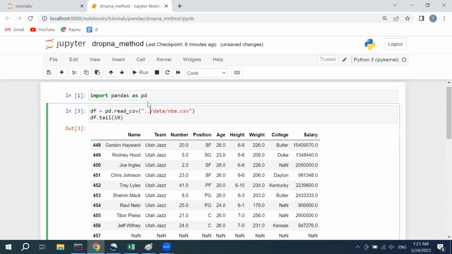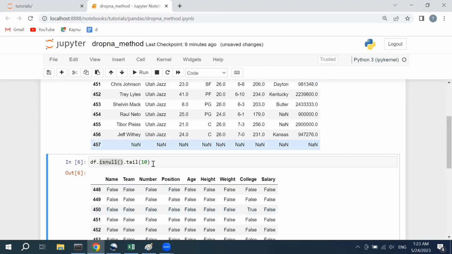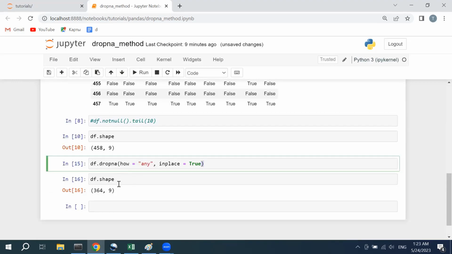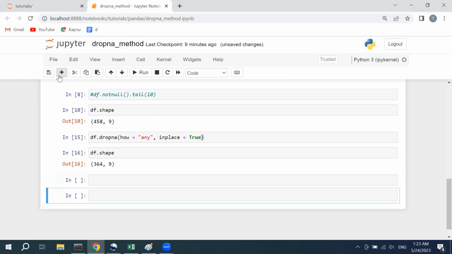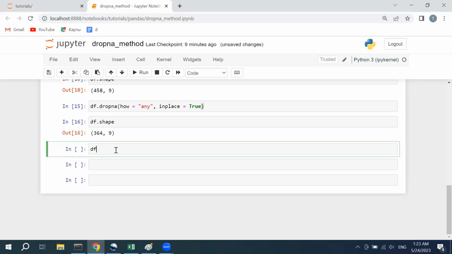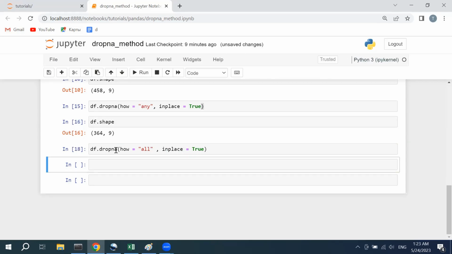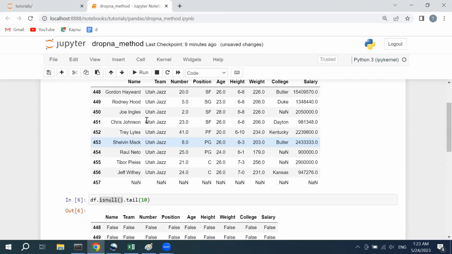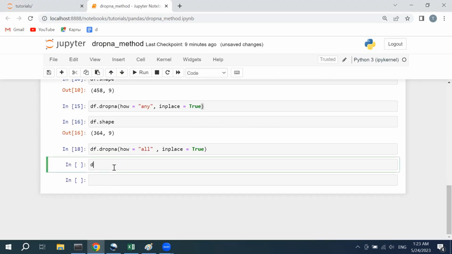But if I refresh this dataset here, and now instead of this one, I will type in df.dropna, and instead of how equals any, I will type in how equals all, and again I will make it permanent, inplace equals True, and press Shift Enter. Because I have refreshed the data, I call this data again, df.shape,